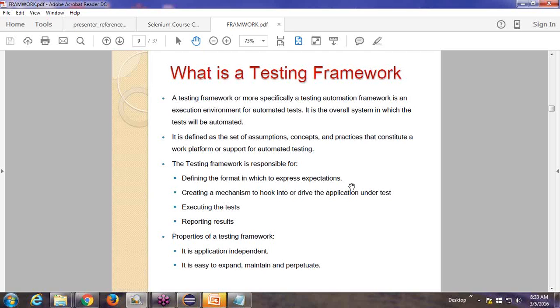A framework is a set of assumptions, concepts, and practices that constitute a work platform or support for automated testing. There are a lot of assumptions, concepts, practices, and some structures in our framework. The framework is responsible for designing the format in which to express our expectations, and creating a mechanism to hook into